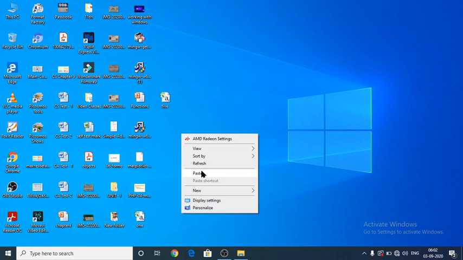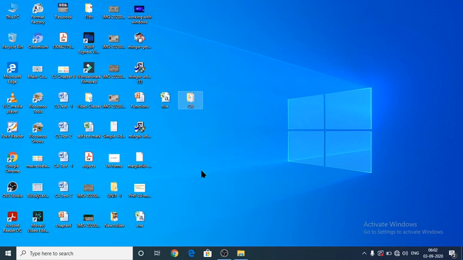After clicking the right mouse button, again a pop-up menu will appear on the screen. From that pop-up menu, the paste option will be there. Yes, it has been moved from that particular unit 1 folder to your desktop.